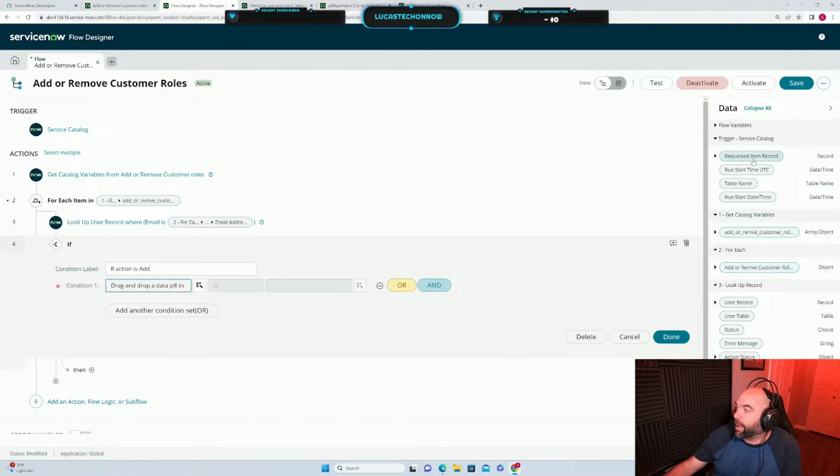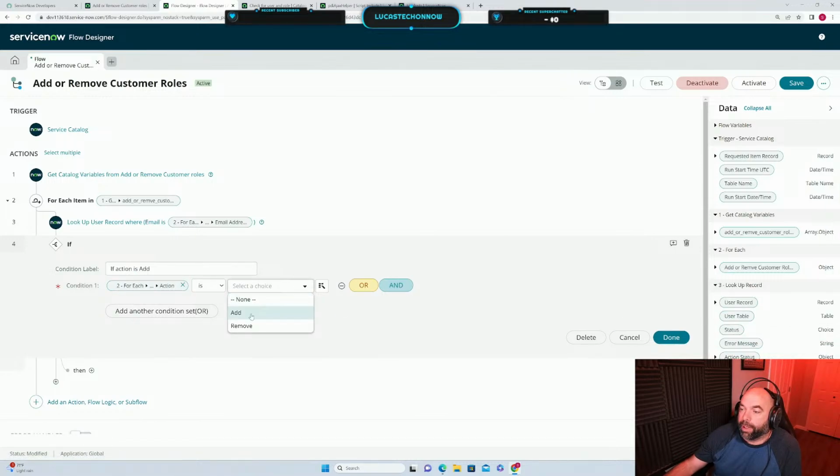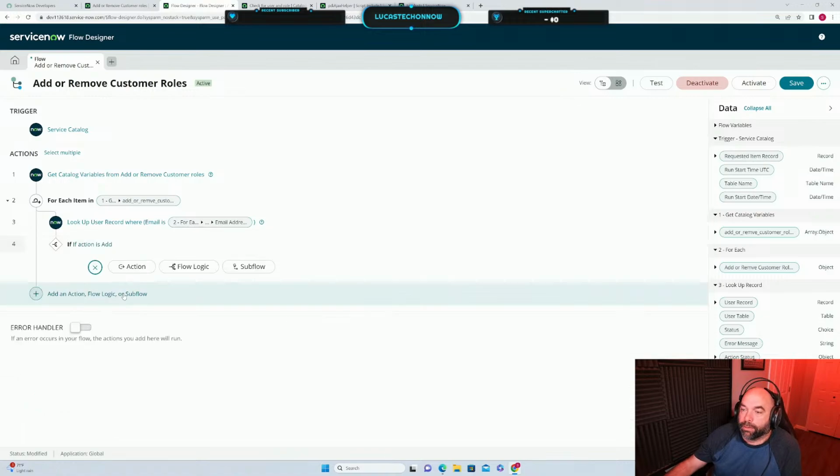So off of our array, we're going to grab our action. All right, so here's our action. If action is add, look up the user. If the action is add,